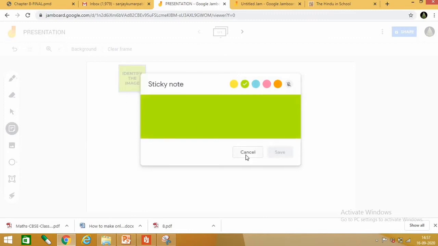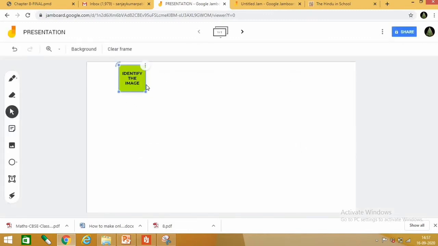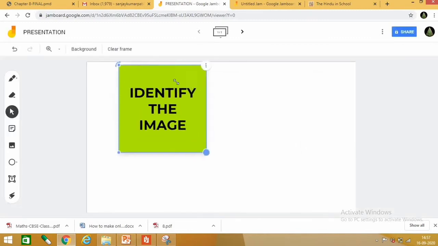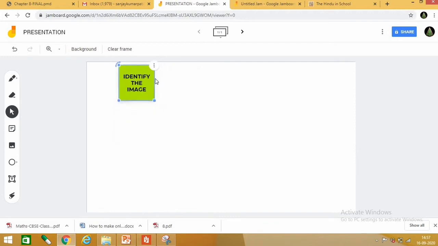So here you get the sticky note. So you can increase or decrease its size, you can move it here and there. Then the 3 dots are here. If you click on it, you will get the options edit, duplicate, delete. So you can do anything from it. Edit means you can change whatever is written here, or duplicate or delete it. So this is the sticky note.